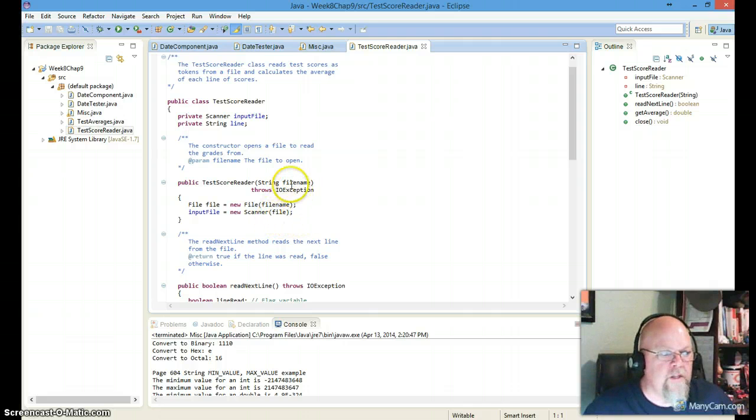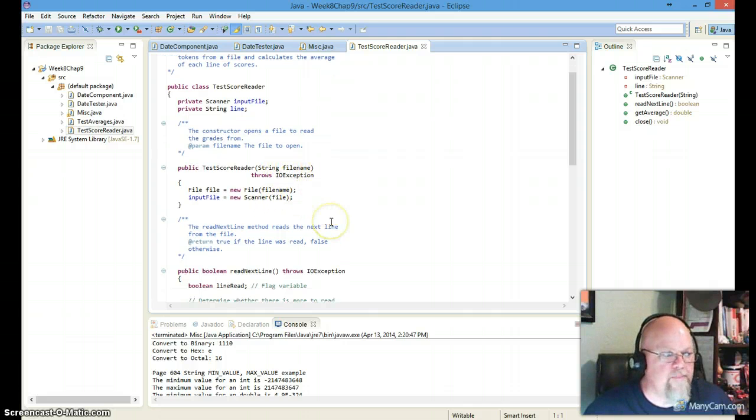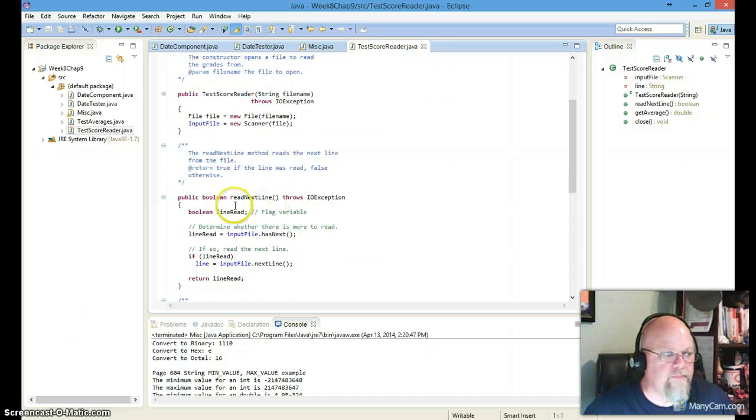Again, I passed in the file name. So I have readNextLine, which throws an IOException. There I've got a boolean lineRead, and lineRead equals inputFile.hasNext. So if there is another record, that gets set to either true or false. If lineRead, meaning there is another record behind that, I say line equals inputFile.nextLine,